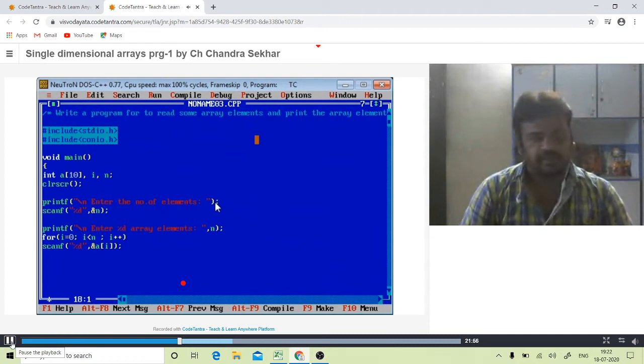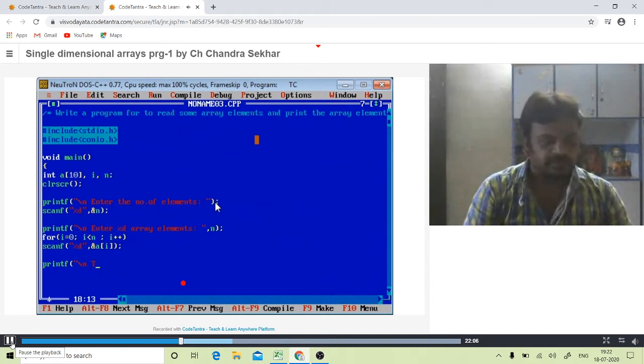Now the processing statement. Before that, I am placing a statement like printf: the elements which are divisible with 5 and not divisible with 10.